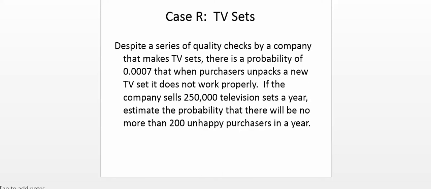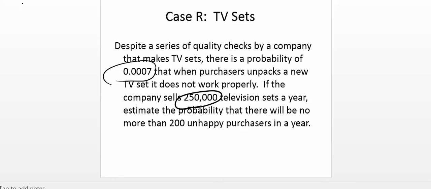In case R, we're looking at an application of the binomial distribution to be approximated by a normal distribution. In our case, we need to check to make sure that it's a valid approximation, and this won't take much work because of the way this works. Our parameter p is given to us at 0.0007, and our n is a quarter million,